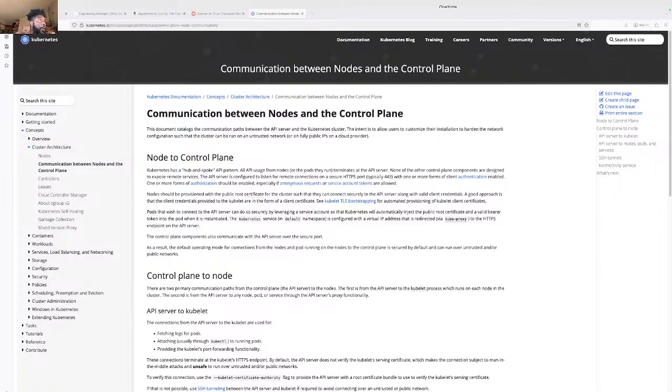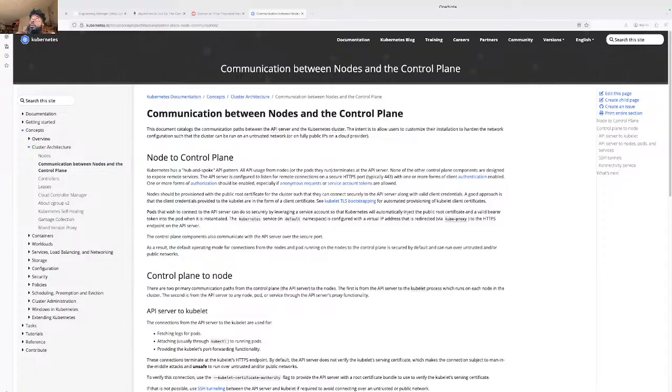The second is from the API server to any node, pod, or service. The API server exposes the Kubernetes API. Okay, so API server to kubelet. The kubelet is running on the node. So a node consists of the kubelet, kube-proxy, and the container runtime. So that's kind of what the kubelet node is.